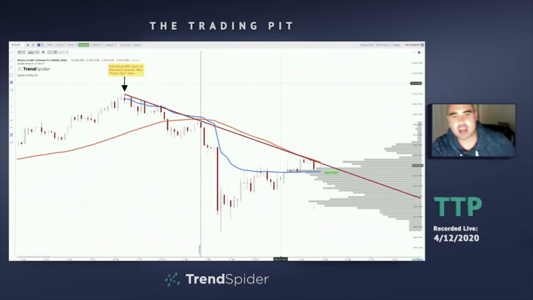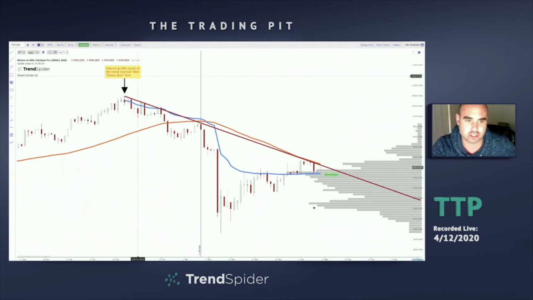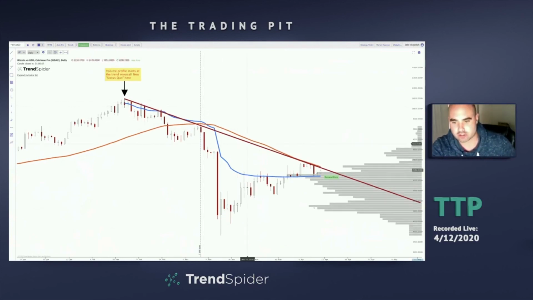And what you've got here is literally very similar to Shop, right? We've got the anchored VWAP acting as resistance, and the anchored VWAP is actually kind of what created this trend line. Just the price respecting the VWAP actually created a trend line from it. So what you have here is a couple different things, right? One, you've got the anchored VWAP from the reversal. Notice how price has literally respected that since April 1st almost perfectly.